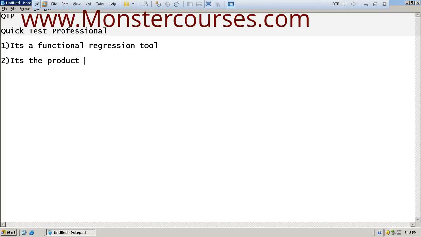But you can also use QTP when testing the functionality of the application for the first time. 99% we use this tool for regression testing, but you can also test it for the first time.